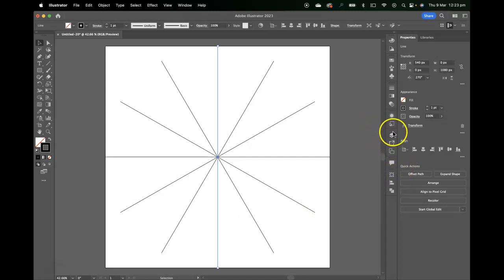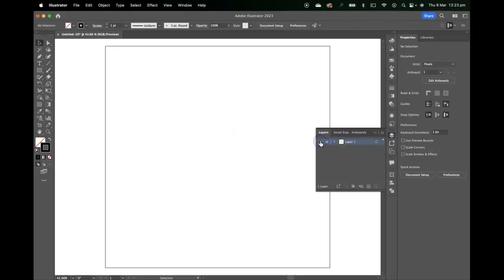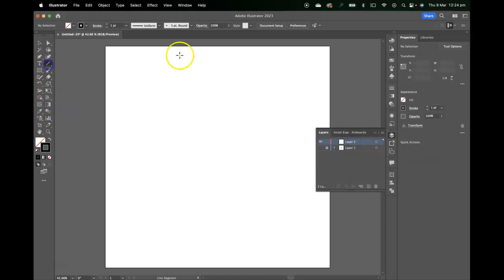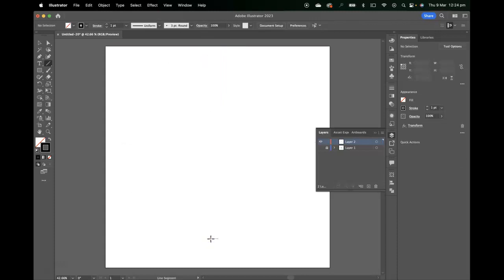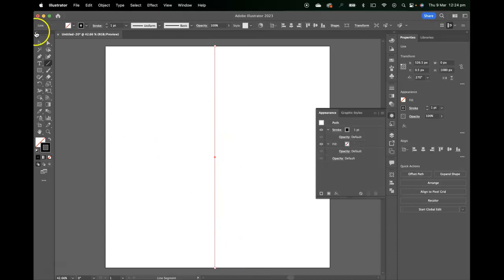So let's have a look at our layers palette. Here's our layer. Let's lock that, and we can turn it off for the moment, create a new layer. And let's, on layer 2, draw just a straight grid. Now you can see when I started to draw a line there, it's remembering my appearance. So if you want to turn that off, we can delete the transform effect that's currently being remembered. So I'll just draw a line. I keep forgetting that. Draw a line, center it